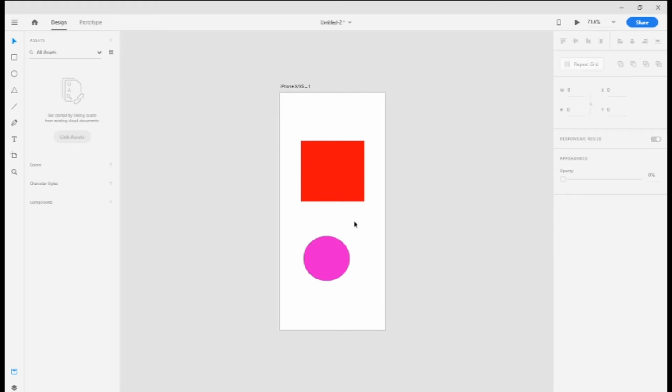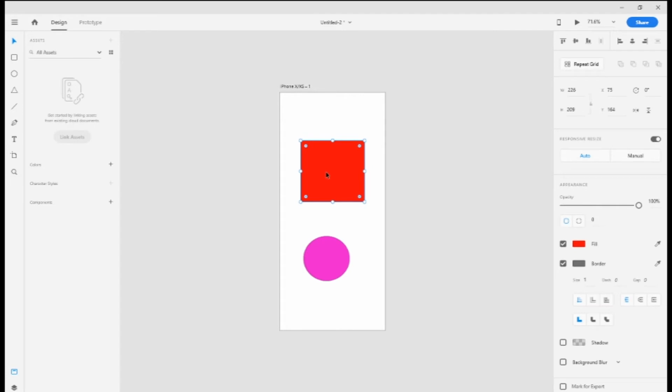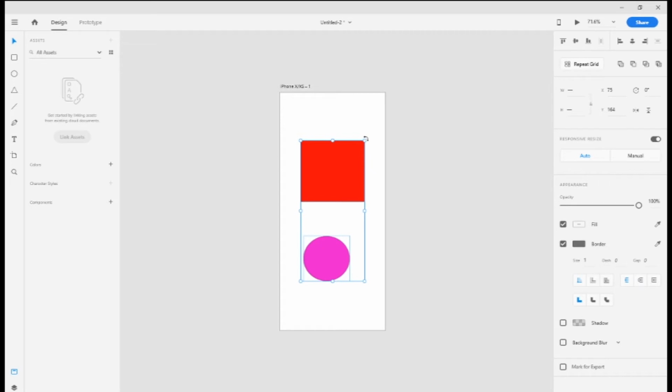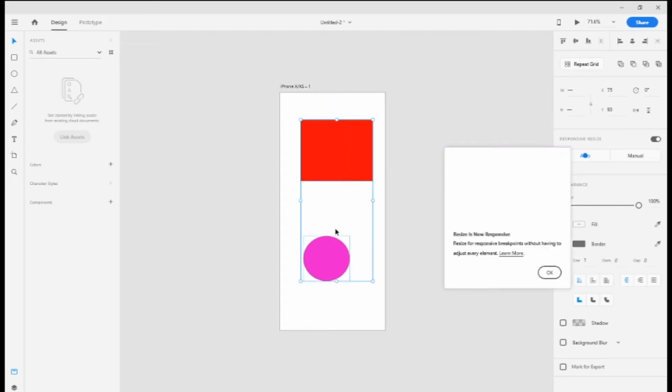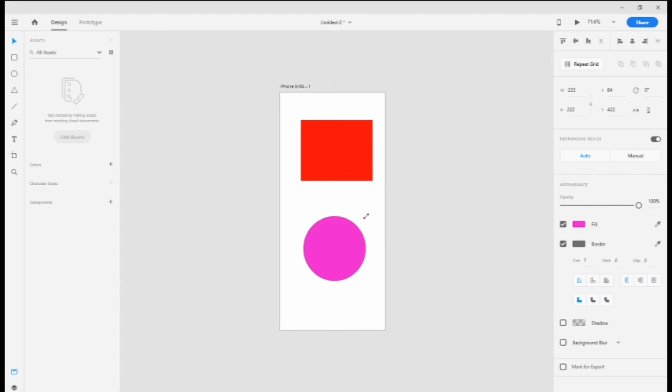Okay, next step is to resize the object. How can we resize our object? Select the object or the object group and drag its circular handle. In an object group, you see the circular handle around the bounding box of the group. Drag this handle to resize the object or the object group. Drag this handle to resize the object.